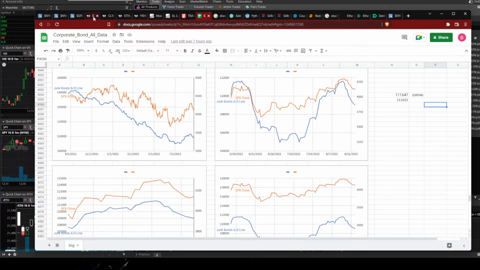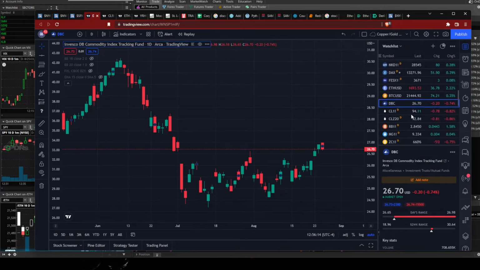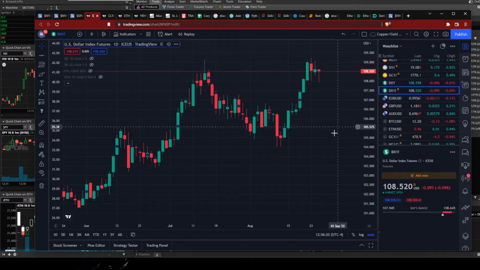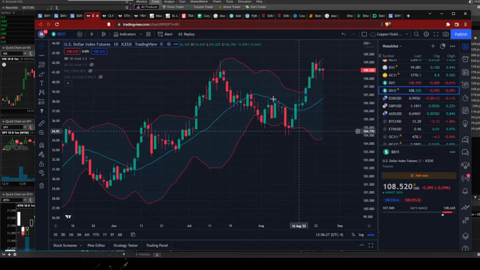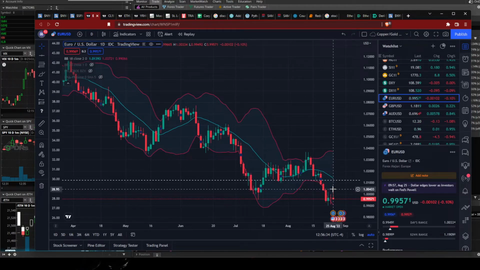Again, as always, we're always going to be looking at the dollar. The dollar is actually coming down a bit, but I believe last time I checked, it was regaining some of its losses. Look at that. It was coming down. It's regaining its losses. Euro, it started with a gain and came down. Okay. We'll see.